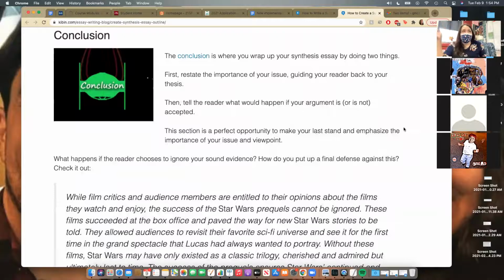The conclusion here is not going to be super different than the conclusion in any other type of essay. You want to restate the importance of your issue and guide your reader back to your thesis. You can tell the reader what would happen if that argument was not accepted, like what are the larger implications? And this is a really good opportunity to make your last stand, emphasize the importance of your